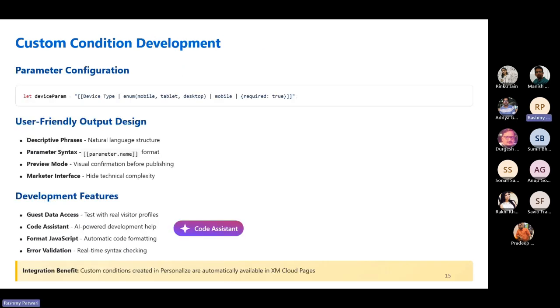Some of the things that we need to look at over here are the syntax at the top, how we configure parameters and output. Like I said, it has to be evaluated pretty quickly. Logically, it has to be pretty efficient. And we need to have a true or false answer at the end of the condition evaluation. That would determine the next step in the flow and give us the results.